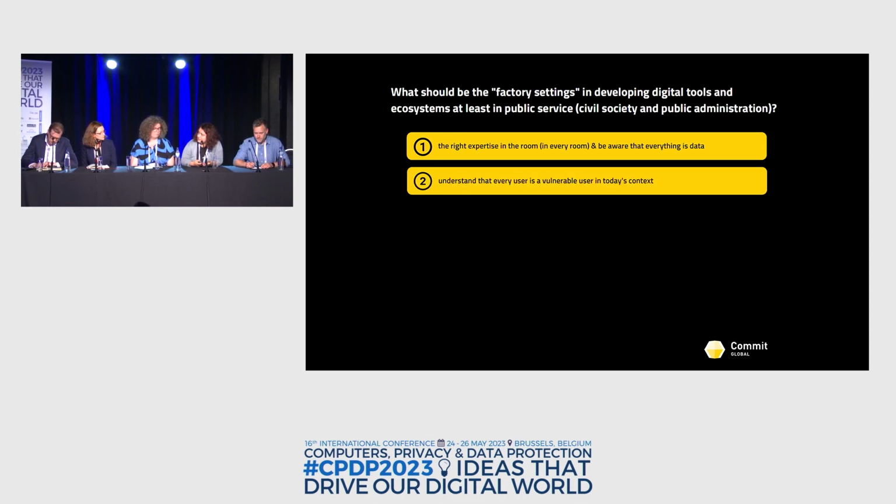The second part is understanding that every user is a vulnerable user in today's context. The internet, as we know it today, is quite a jungle for everybody who's basically not a developer or somebody that doesn't work in the tech industry. We have a lot of vulnerable groups, and here we're not just referring to people who come from vulnerable communities that have just discovered the internet recently and are vulnerable to all the online threats and do not really understand what happens to the data they provide or input in a tool to get some services. We're also talking about the ones that provide the services themselves. So if we're looking at governments, if we're looking at people who work in public service and provide tools and provide other